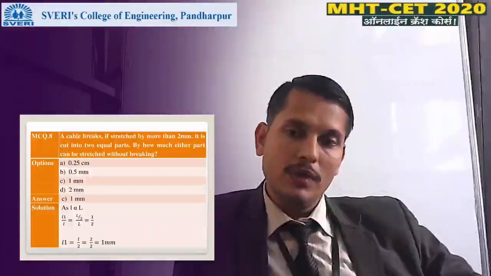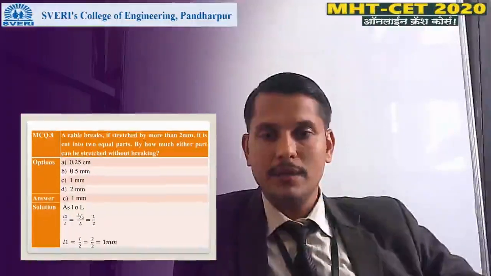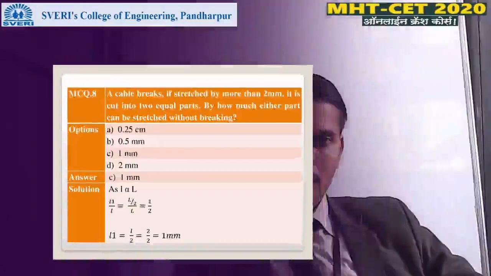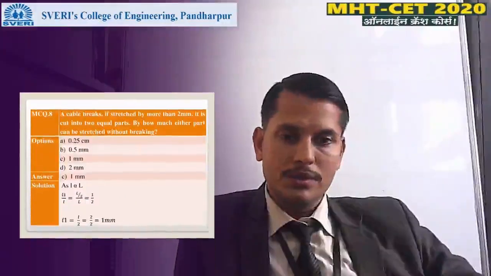Change in length, that is l1, is related to original length, that is L by 2. So we have simply got the ratio, that is 1/2. So l1 upon l is equal to 1/2. If we put those values, then we can get l1 is equal to l by 2, which is equal to 2 by 2 or simply 1 mm. So here we get the answer as 1 mm. Okay. Next,